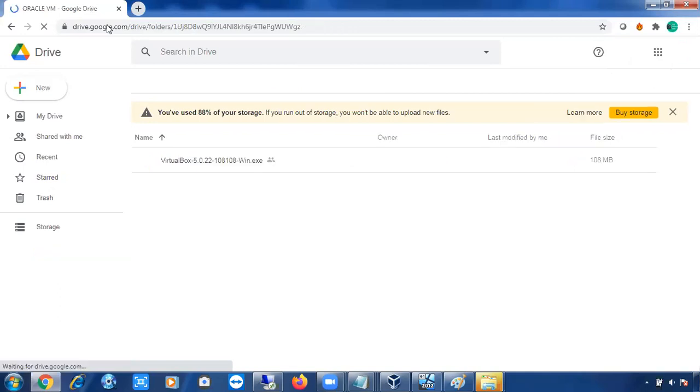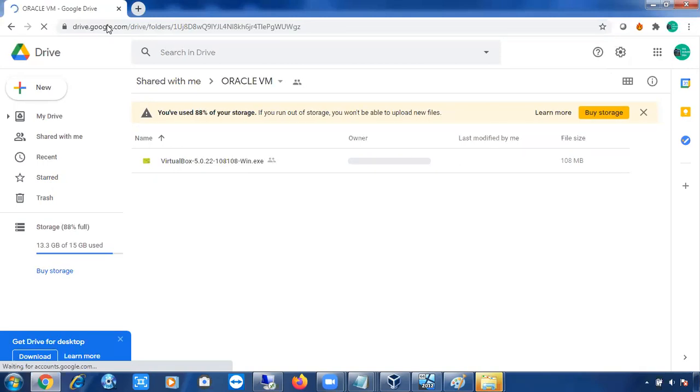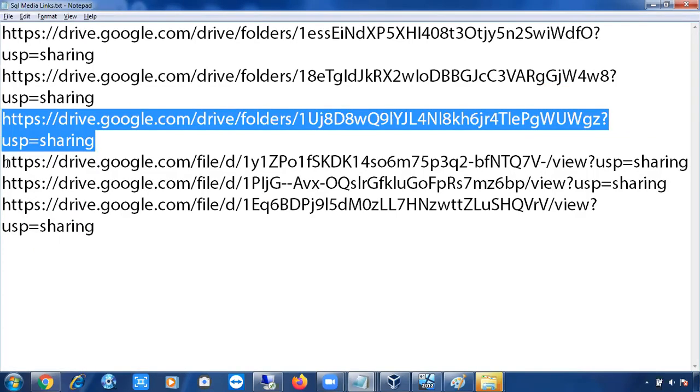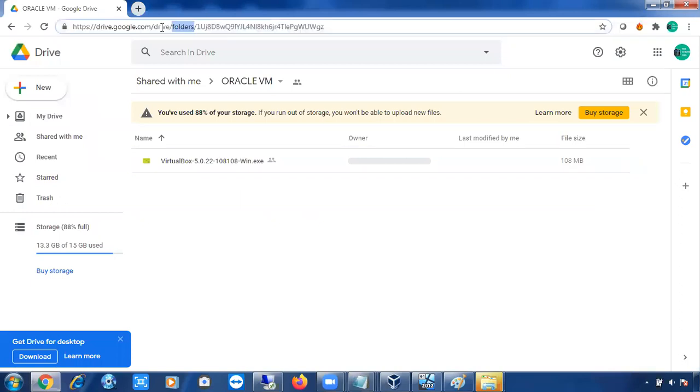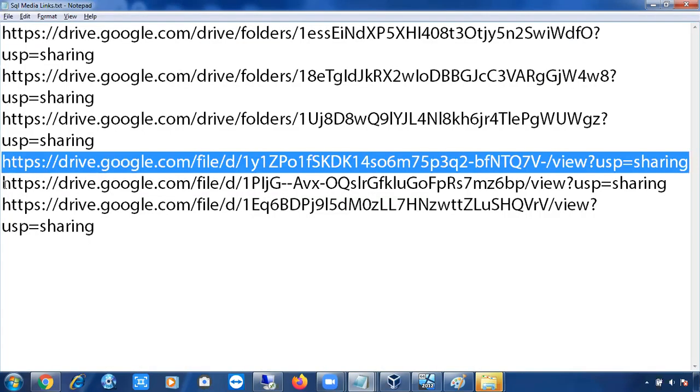Okay, right? You can see this is the VirtualBox software. If you people are having any trouble in installing VirtualBox software, then you can right click, copy that link and download this VirtualBox software. In the same way, you can download other files as well. What are these files? Let me check. I guess these are for SQL 2017 and 19. Okay, this is for SQL 2014. If anyone needs 2014, you can download this software. And what is this for?